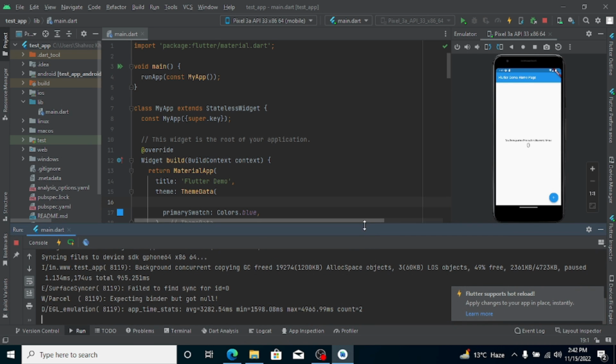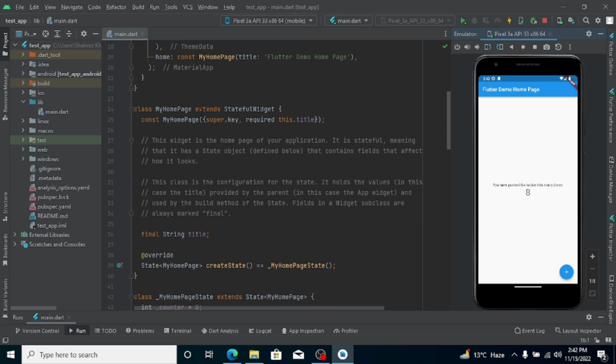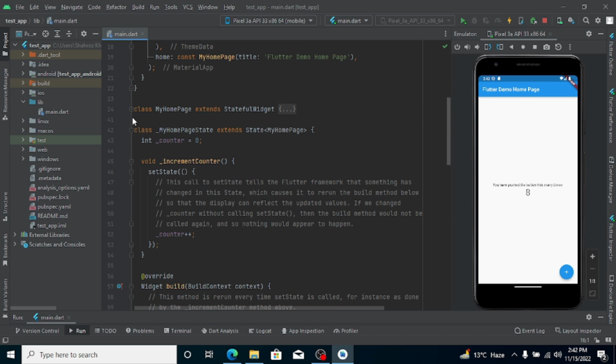Here you can see your application is running on your emulator, and that's the default application that you get when you create your Flutter project for the very first time. It's a very basic counter application. Whenever you click on this plus button, it will increment the number, and that's what we get with the default project. For creating your own application, you can remove this code that you get by default,